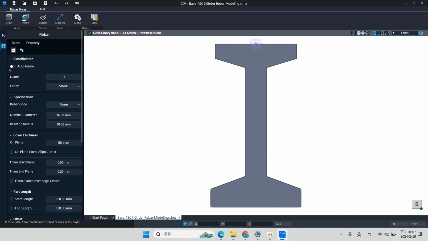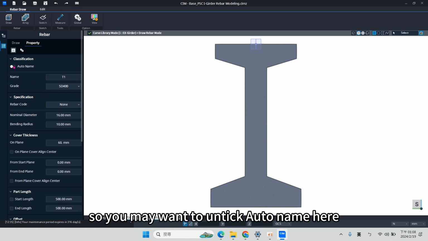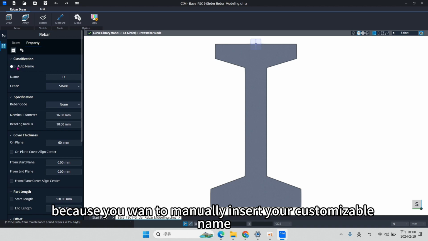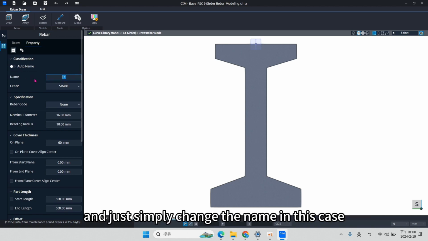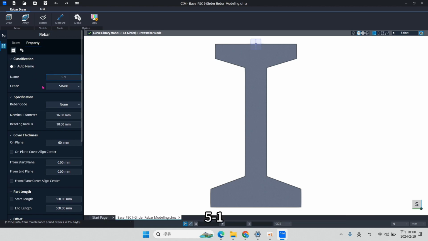You may want to click on this auto name, because you don't want auto name. You want to just simply change the name. In this case, it's 5-1 with a grade of 400.